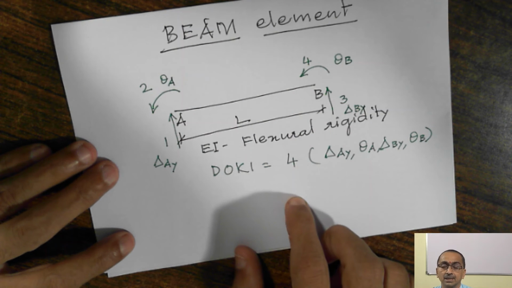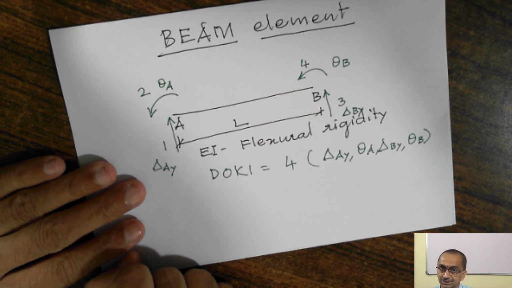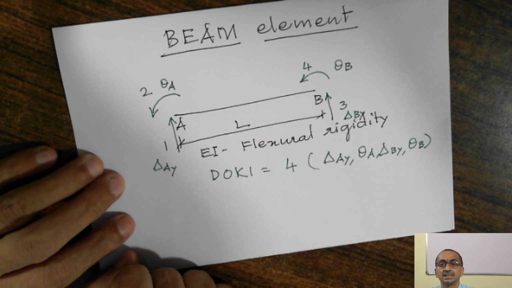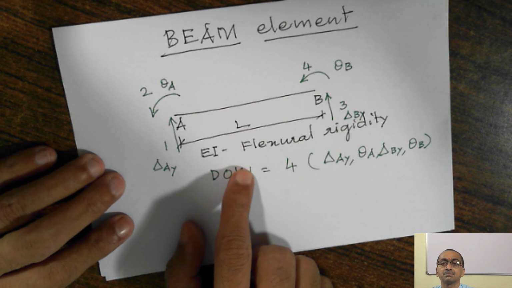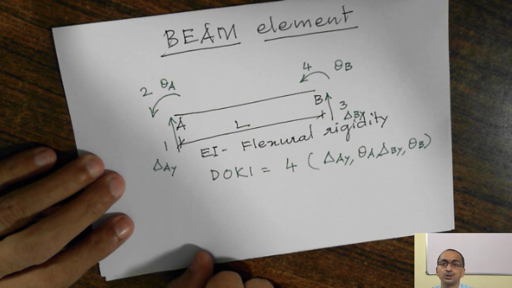So this is the beam element. Just now we have seen the properties of the stiffness matrix. To generate a particular column of a stiffness matrix, we need to apply unit deflection at that particular degree of freedom. Using the same principle and referring to the 8 diagrams, 4 for translational stiffness and 4 for rotational stiffness, we can generate the stiffness matrix for the beam element. I hope you are eager to apply those 8 diagrams. How to generate the stiffness matrix for the beam element is the point of discussion for our next lecture. So stay tuned. Thank you.